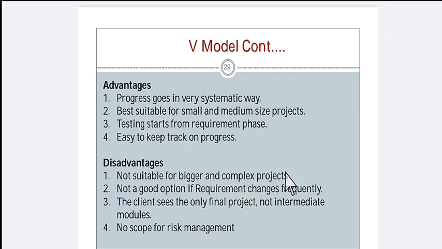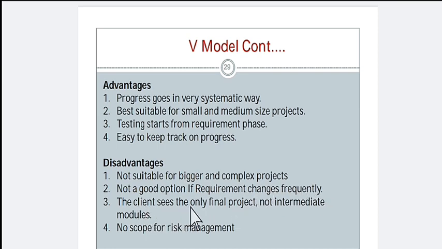The first disadvantage is that it is not suitable for bigger and complex projects. Then, the second one: sorry, if the user requirements change frequently, then that time it is not a good option. It is not a good option if the user requirements change frequently.